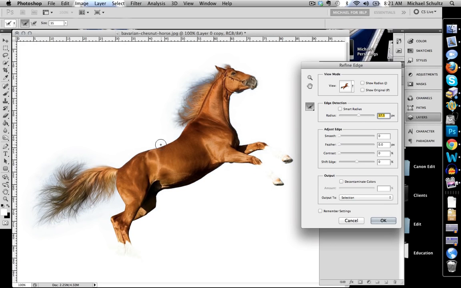I'm going to bring it up halfway, and you can see already that it's isolated a lot of the hair strands and given us a lot more detail. It's not as sophisticated yet as I'd like to show you, but you can see right off the bat that just sliding this up to 37.5 pixels has isolated a lot of the strands and